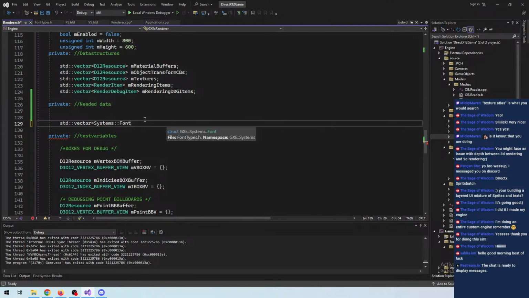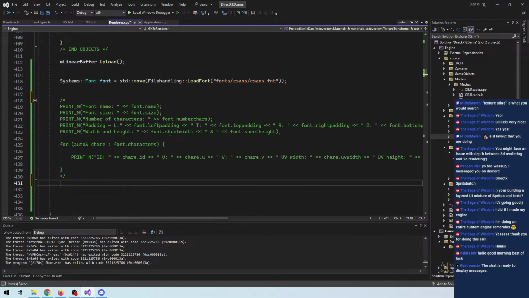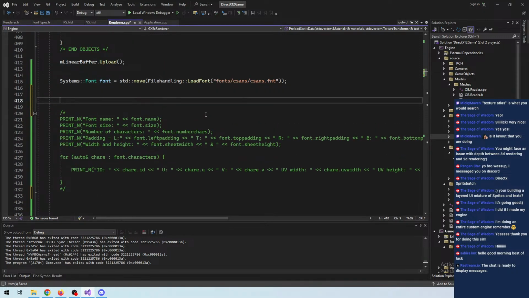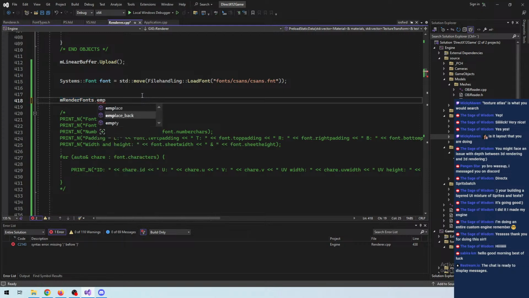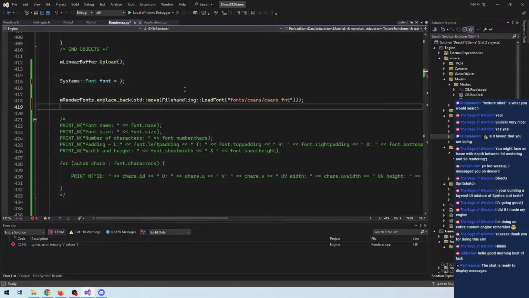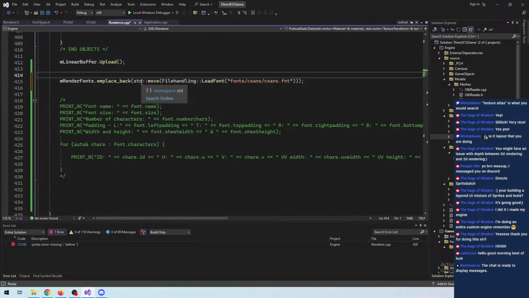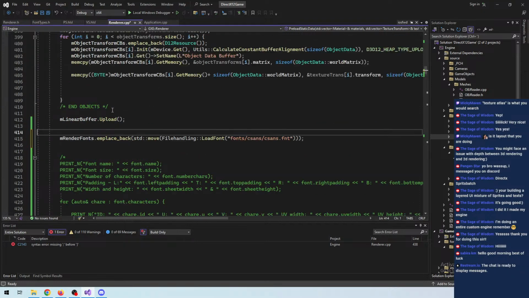Systems, font renderer, fonts. And we want to place back exactly this. There we go. So we store it,